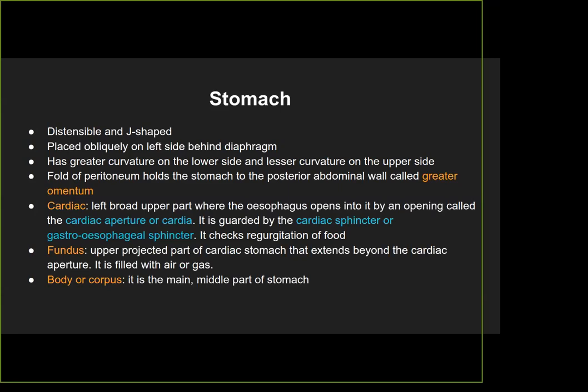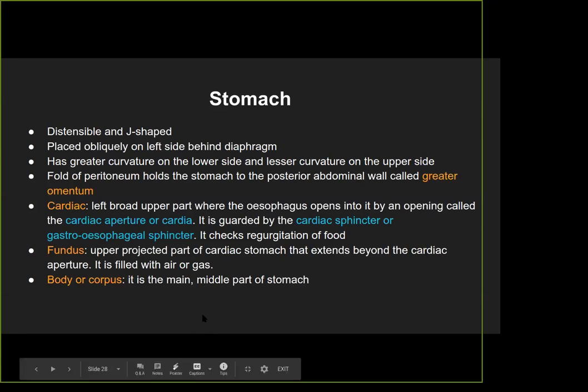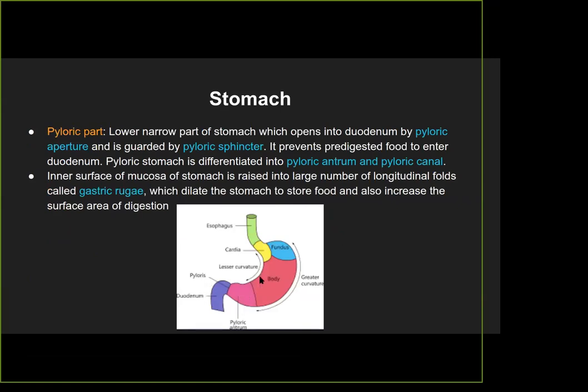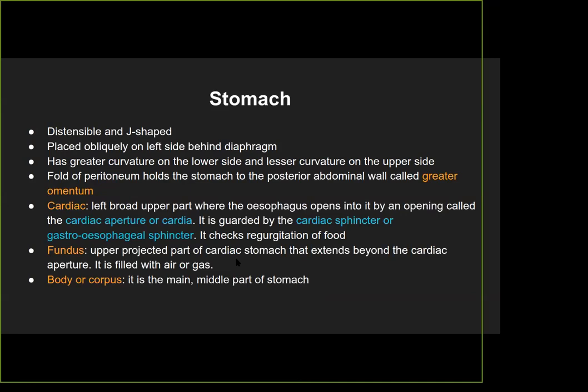In general, your stomach is divided into three different parts: the cardiac, body, and the pylorus. These are the three parts, or what is also known as cardiac and fundus. Sometimes they are separated, but usually cardiac is one region, body is the second region, and the pyloric region is the third. These are the three different parts of the stomach.